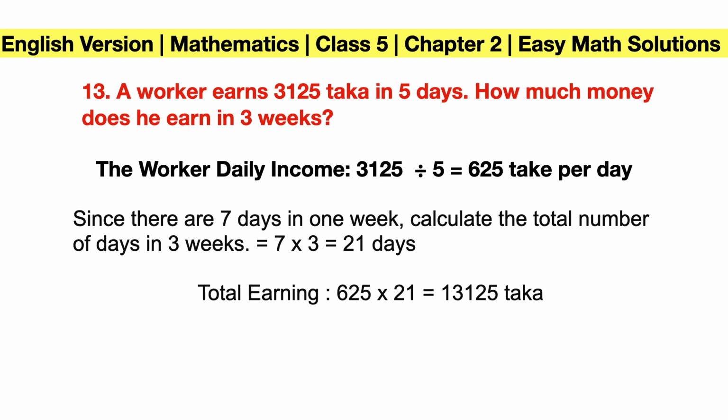625 into 21 equals 13,125 taka. Answer: total income or total earning